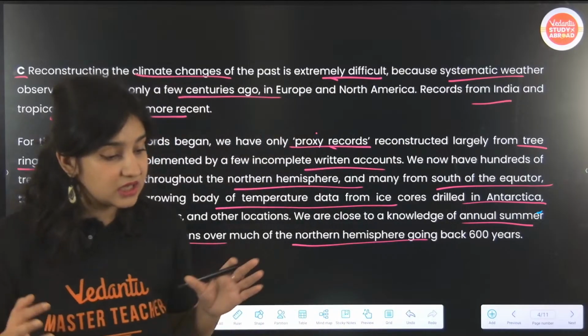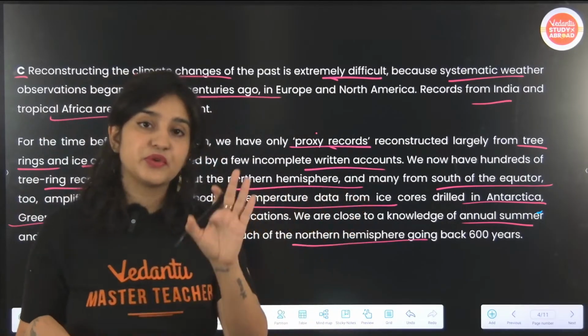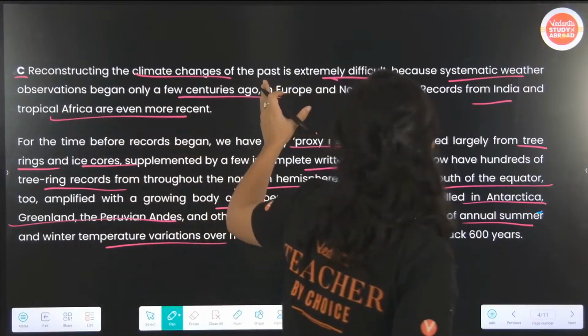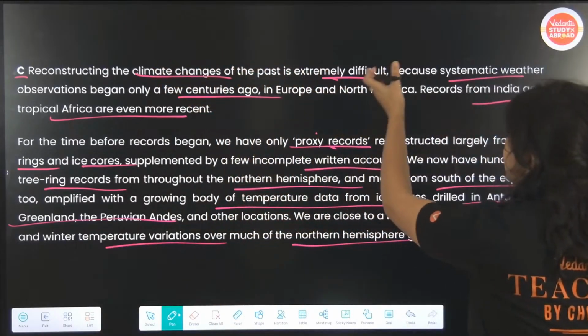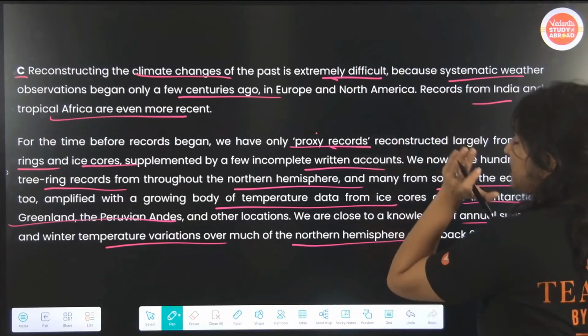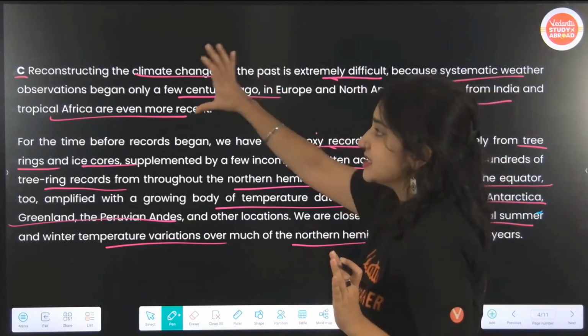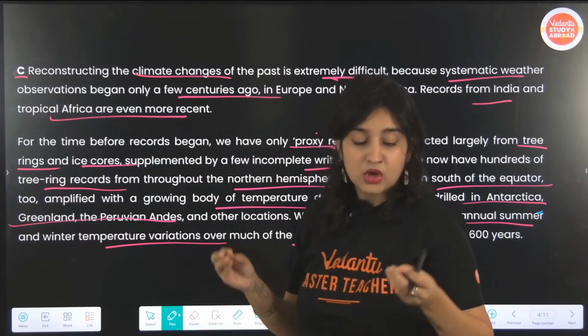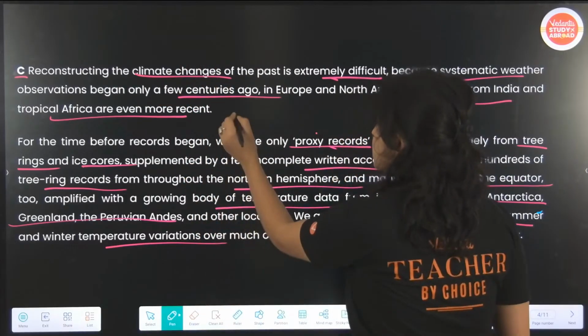So I am going to give you the notes for this. You have to do this for the next paragraph. Look at the underlined keywords. Climate change, extremely difficult, systematic weather, centuries ago, records from India, Africa, even more recent. What is this telling you essentially? What is this? Issues